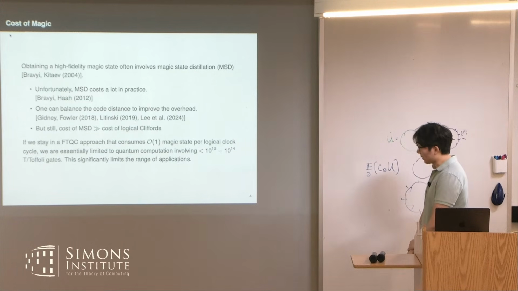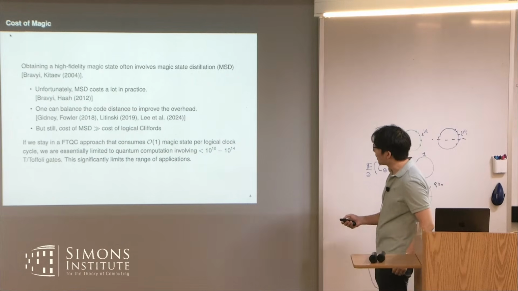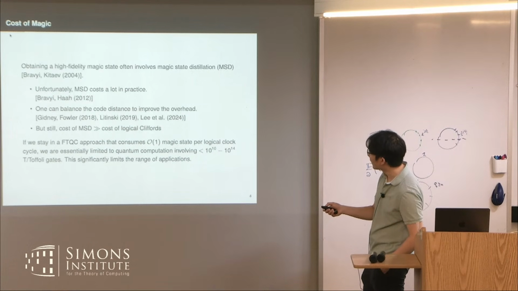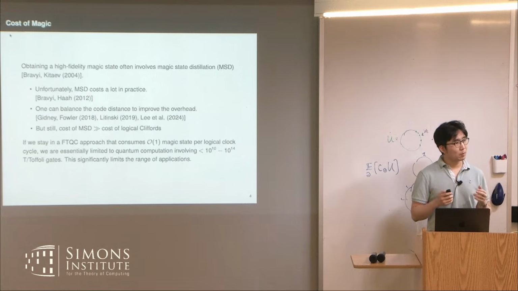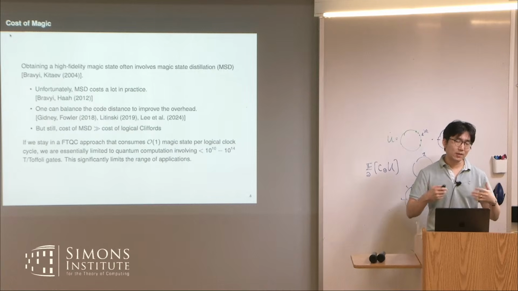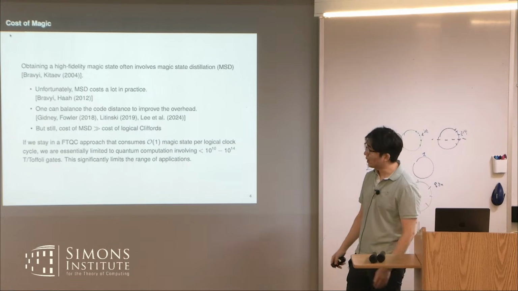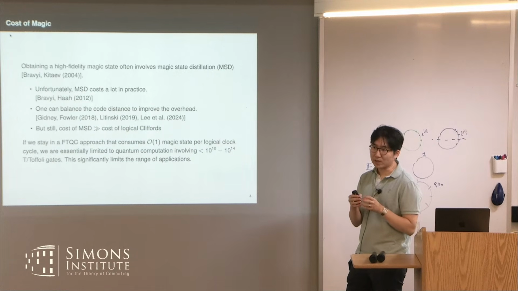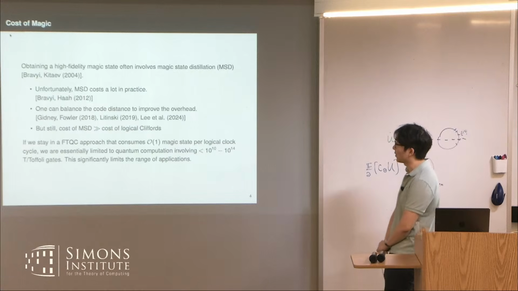And it had been staying that way for a very long time until what, in my mind, were very important developments by Austin Fowler and also Litinsky. It's a bit of engineering, but the point was that if you have a distillation scheme that consumes magic states in multiple levels, at the lower level you can use smaller codes, because the quality of the magic state that you're going to get